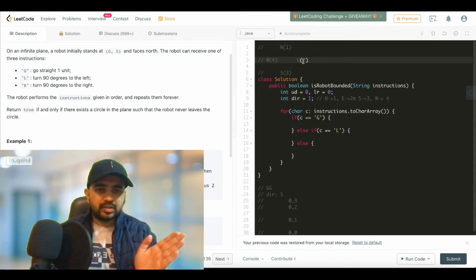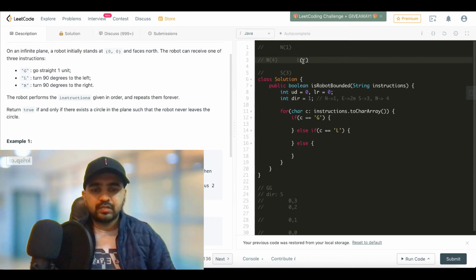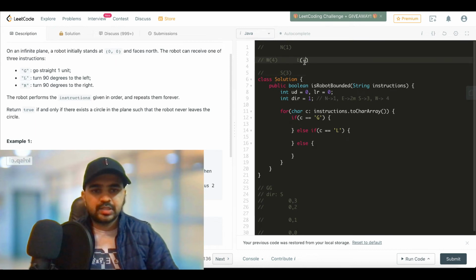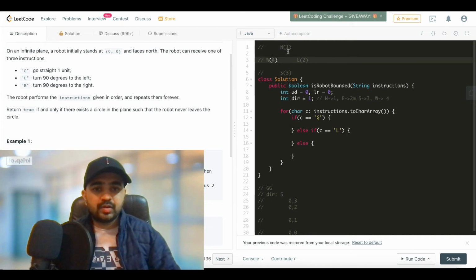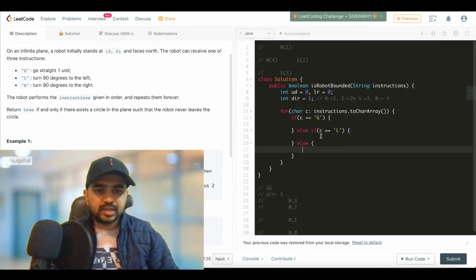And when we are moving towards left, we are decrementing it. So let's say from south, if we have to go to east, that's a left move, right? So we are decrementing the direction variable. But the edge case is when we have to move from north to west, to the left of north, then we cannot decrement 1 to 0. So we have to catch that as an edge case.